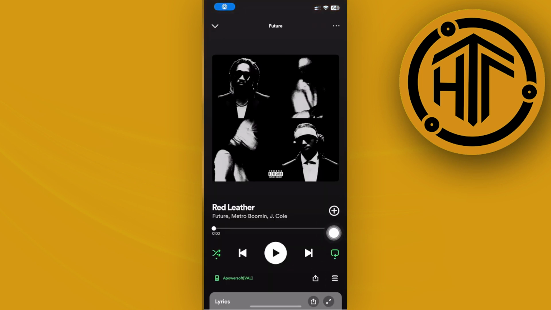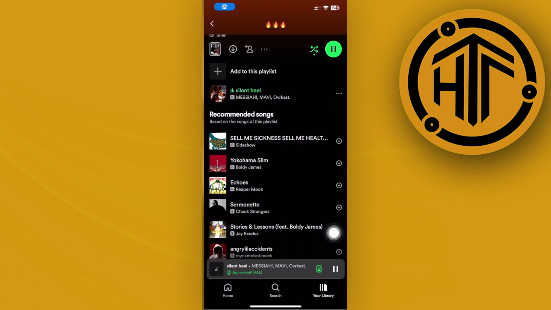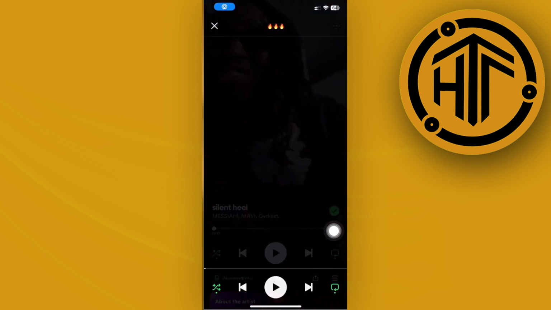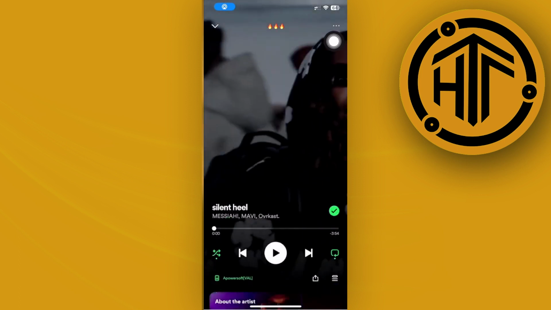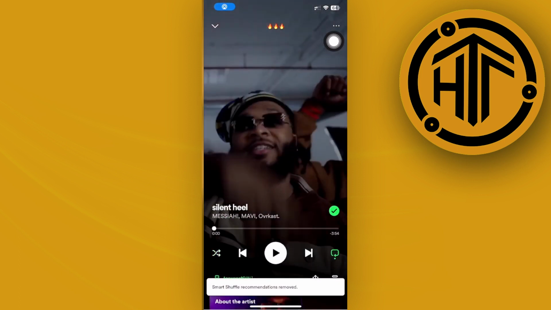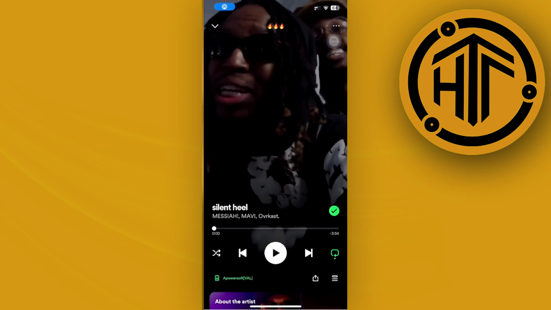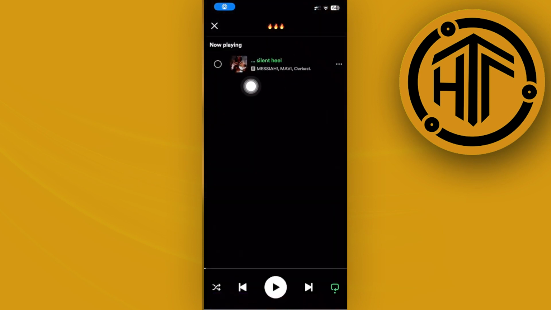Once you go over to the queue, let's say for example I'm going to play this song over here, and when I go over to the queue, it is going to recommend me different types of songs related to the current track that I'm playing on this playlist. If you don't want that to happen, make sure that your shuffle is turned off and basically turn off smart shuffle so that all of your queue is just going to play the songs on your